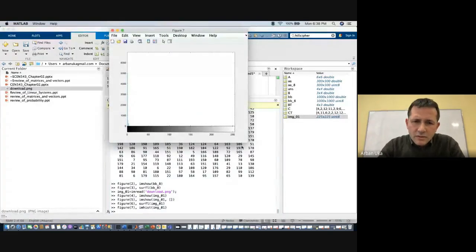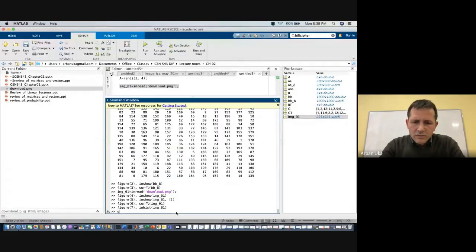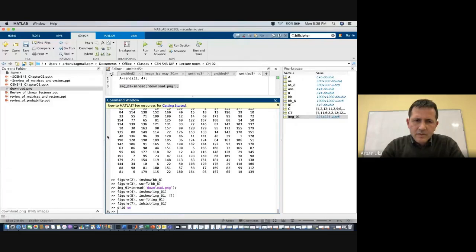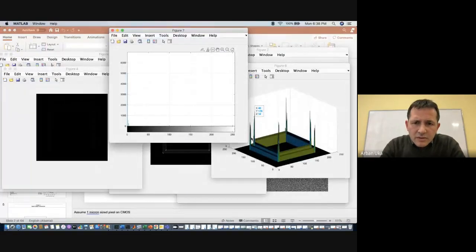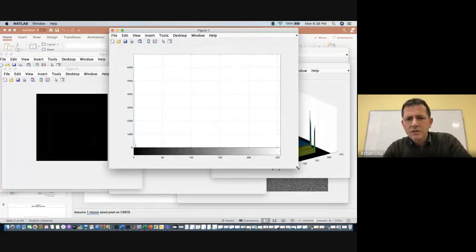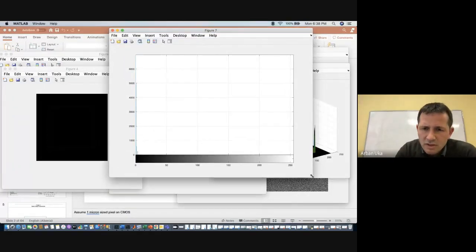We can also do grid on. So figure 7 shows the histogram, and this histogram shows us on the x-axis the intensity of the pixels, and the maximum possible value of the intensity is 255, because this was unsigned integer 8, and on the y-axis we see in fact